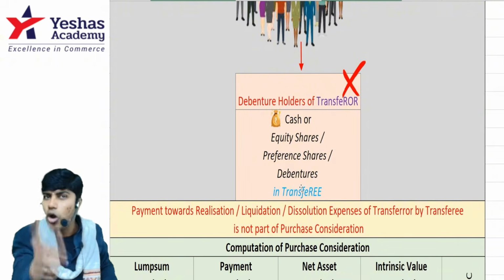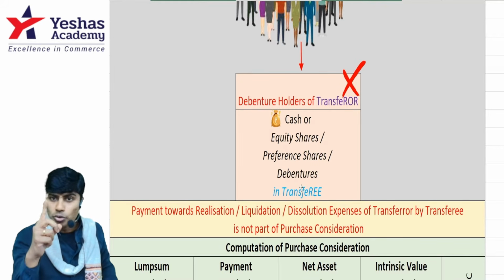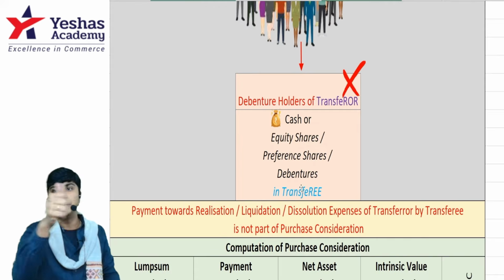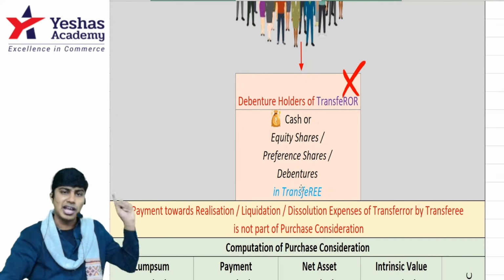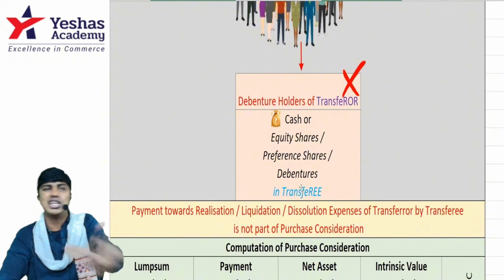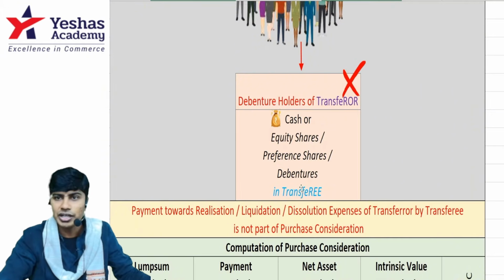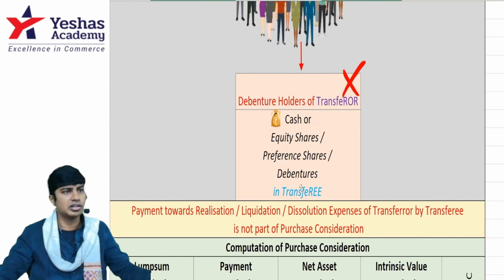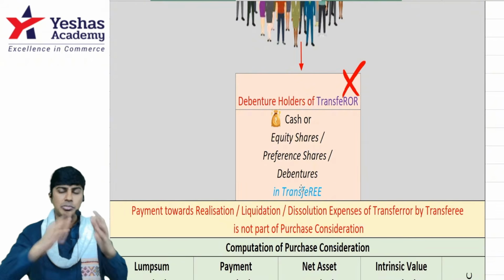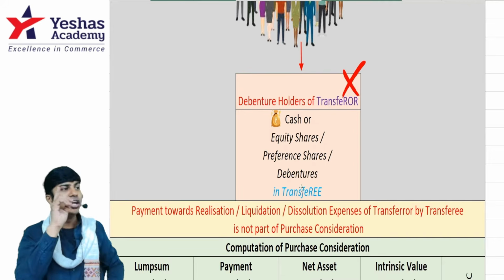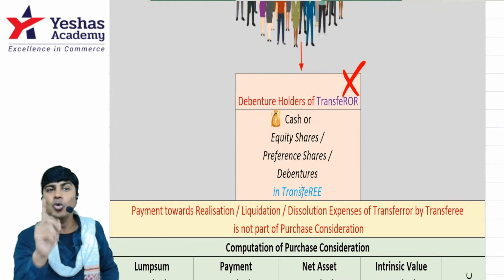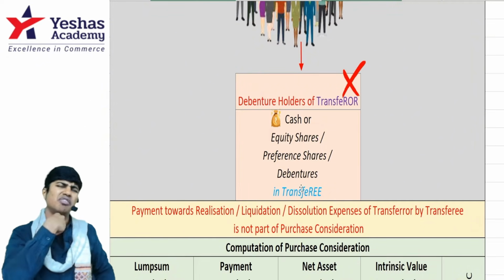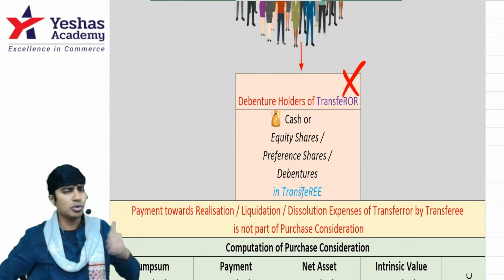It's not what you give that matters, it is whom you give. To an equity shareholder of the transferor, even if you give debentures in the transferee, it is PC. To a debenture holder of the transferor, even if you give equity shares in the transferee, it's not PC. Are you getting it? Very nice. To a knowledgeable person, even if you give 1 rupee, he'll make a great deal out of it. To a beggar, even if you give 1 kg of gold, he'll make a begging bowl and then beg from it. So it's not what you give, it's whom you give that really matters. To equity and preference holders of the transferor, in whichever form you give, it is PC. I hope you understood PC.